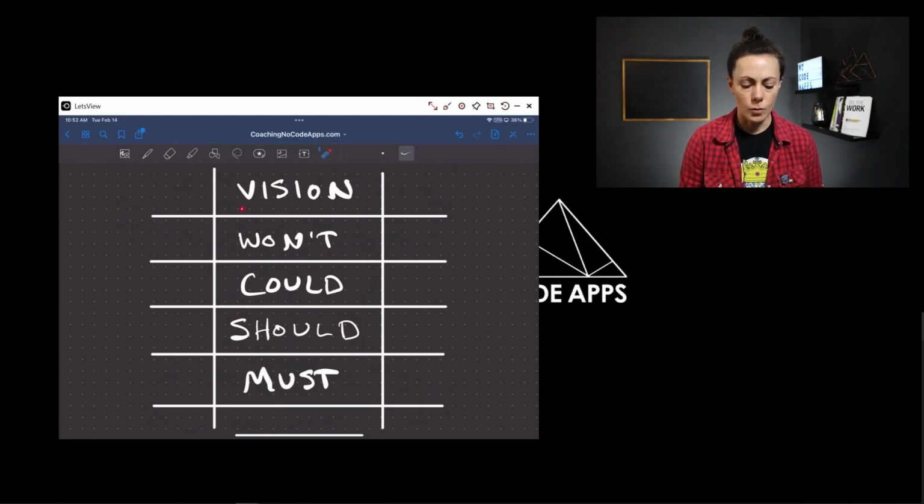So essentially, once you have that vision in place, you can sort of backwards plan as you scope out your app. And again, if you need help with the scoping process, head to